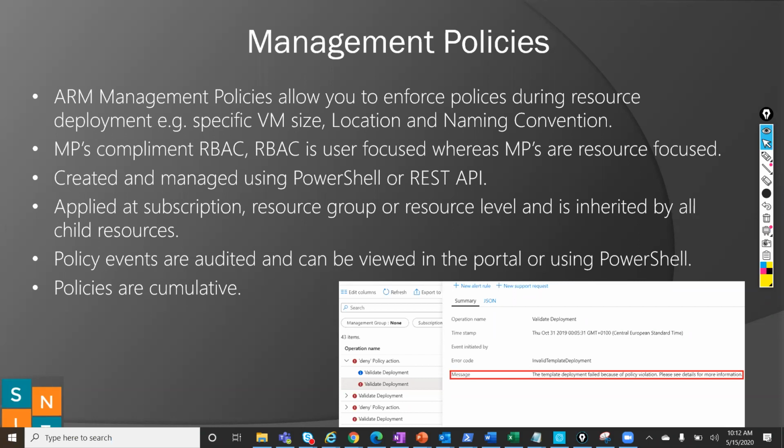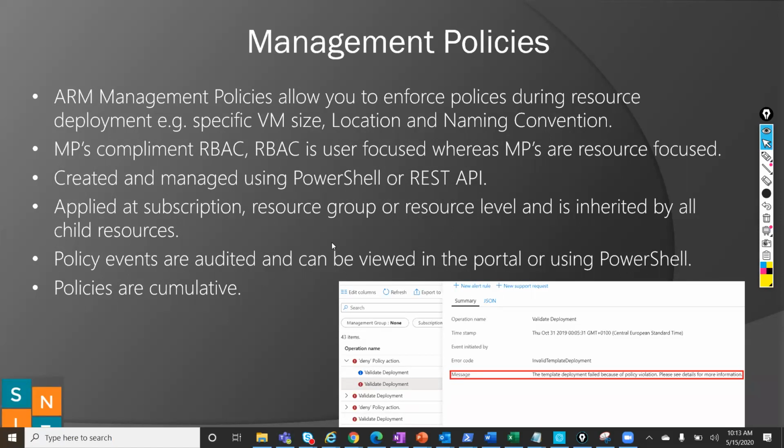If they try to create any resources in Central India, you should give an error message saying that resources cannot be deployed to that specific region according to Azure resource policies. So users can only create resources in South India. Let's say your HR department's resources are hosted in West India, so they can only create resources in West India. If they try to create any resources in South India or Central India, you should get an error message saying that the policy will not accept it. So that is about creating management policies.